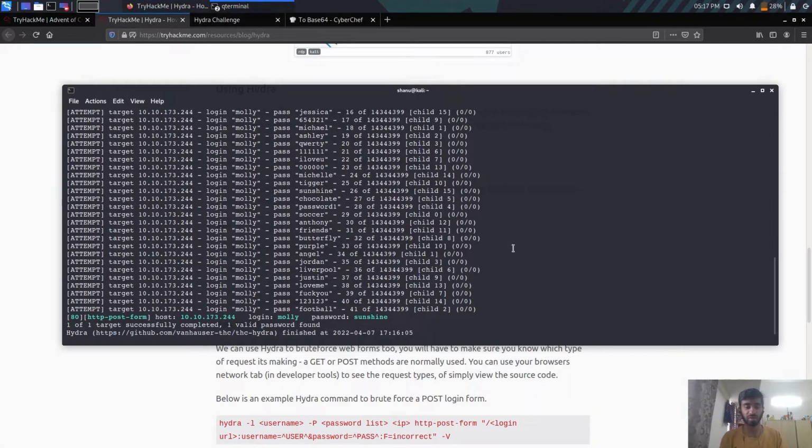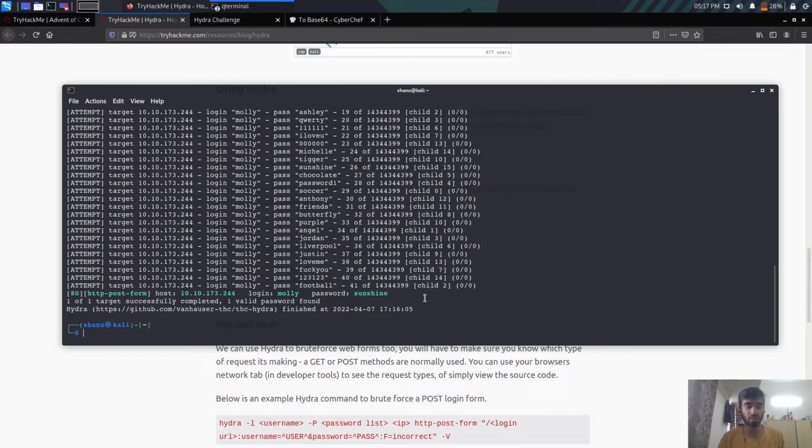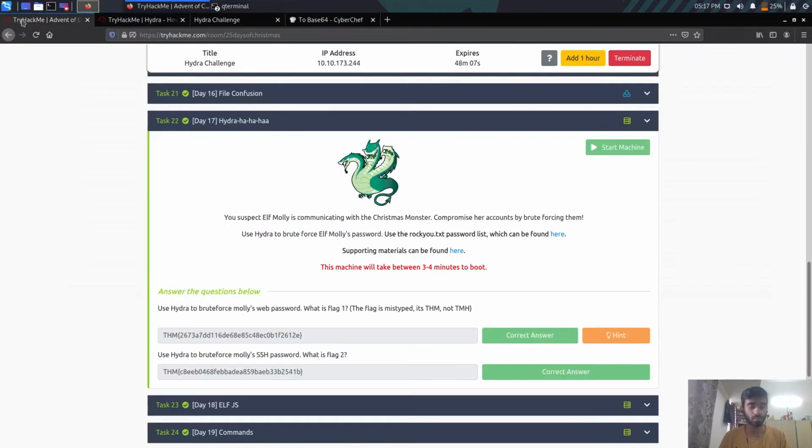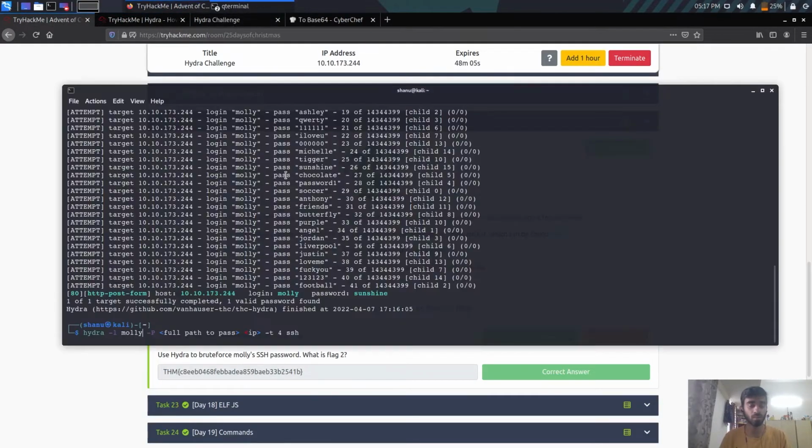You guys don't have to do anything except paste a command, right? So I just paste this here. Now the username obviously will be Molly again, and this here is going to be the word list. So slash usr slash share slash wordlists